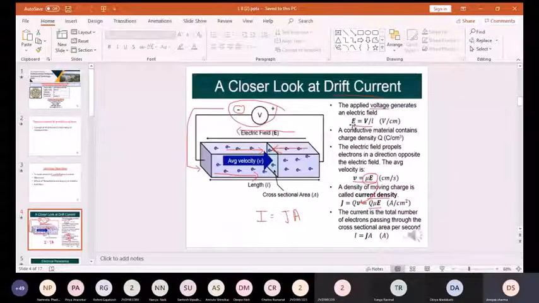Later we went towards the drift current and diffusion current. I had just given you a good example where in drift current there will be some external force. The carriers will be drifting due to that applied electric field. And diffusion current doesn't require any external electric field. The diffusion is nothing but movement of carriers from high concentration gradient to the low concentration gradient. But drift current, it is forced movement, right? It is having some external force.